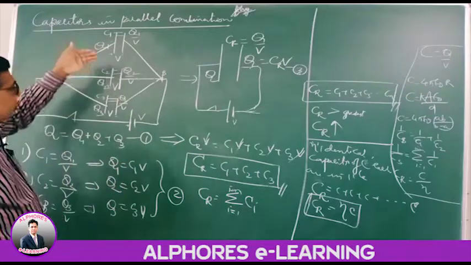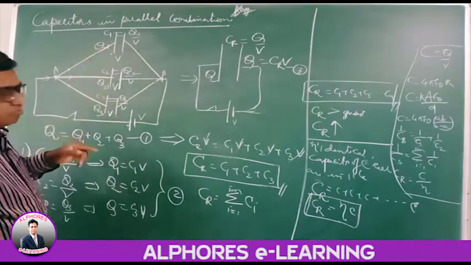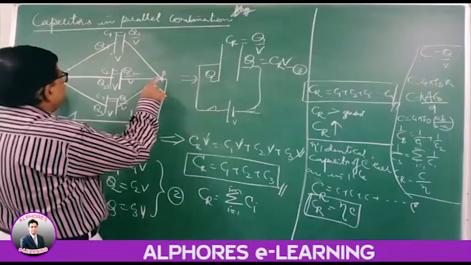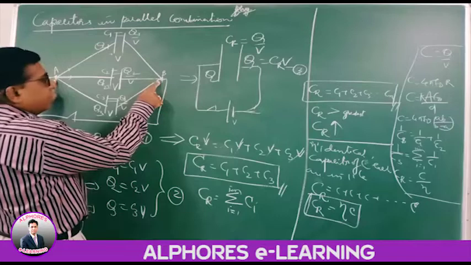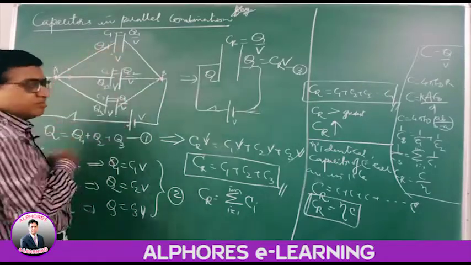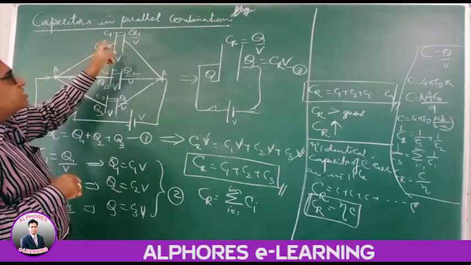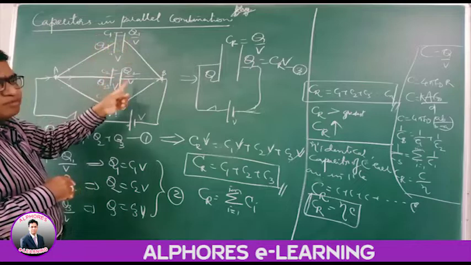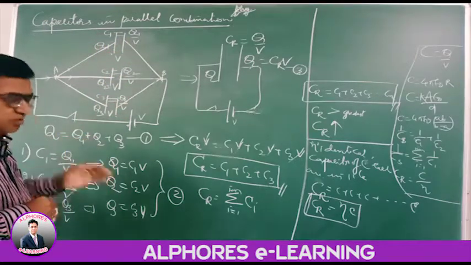Then taking the potential, when they are connected to the battery, the potentials are V each, because the battery is connected across the same pair A, B. So the potential between these 2 terminals is the potential between A and B. These all are also connected to the same points. Hence the potential is the same. So all will have the same potential. So by definition of capacity, C1 is Q1 by V, C2 is Q2 by V, C3 is Q3 by V. So Q1, Q2 and Q3.